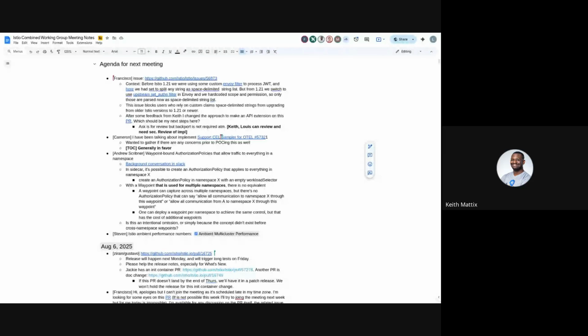Keith? Yeah, I remember when we were discussing the change in the waypoint architecture after we eliminated hairpinning, the question did come up about whether or not we should allow cluster-wide waypoints. And I think that from what I remember, the conclusion we came to was that is too much of a security gun, so to speak. And that namespace was the greatest granularity that we were comfortable with. I think it's reasonable to ask that same question again.